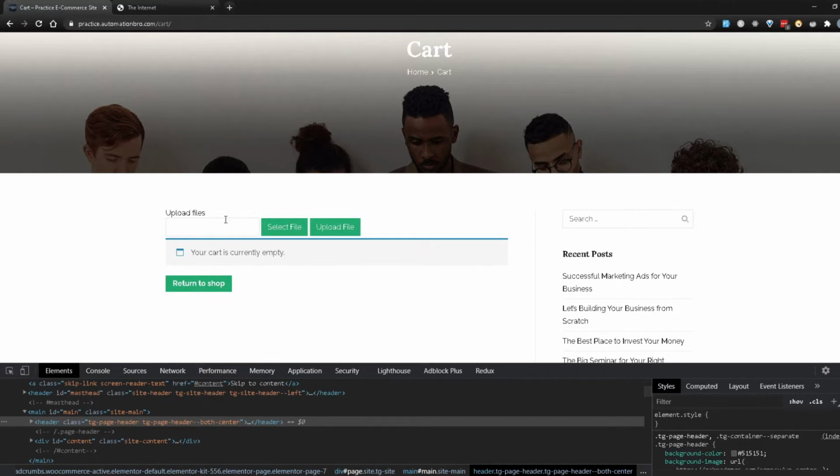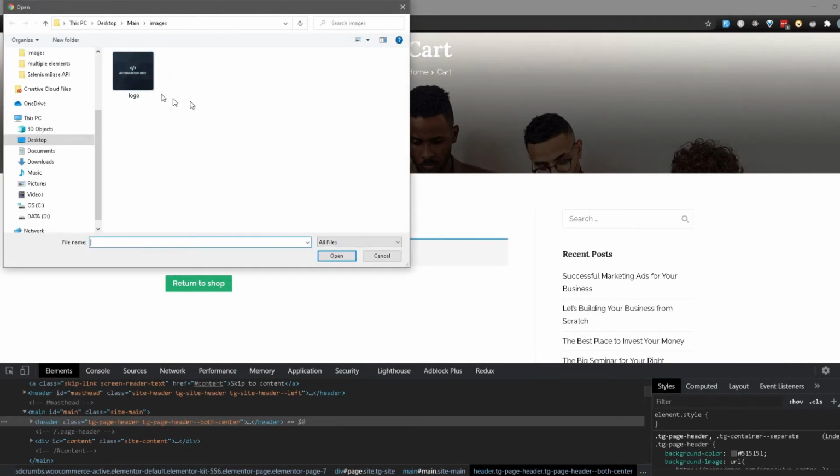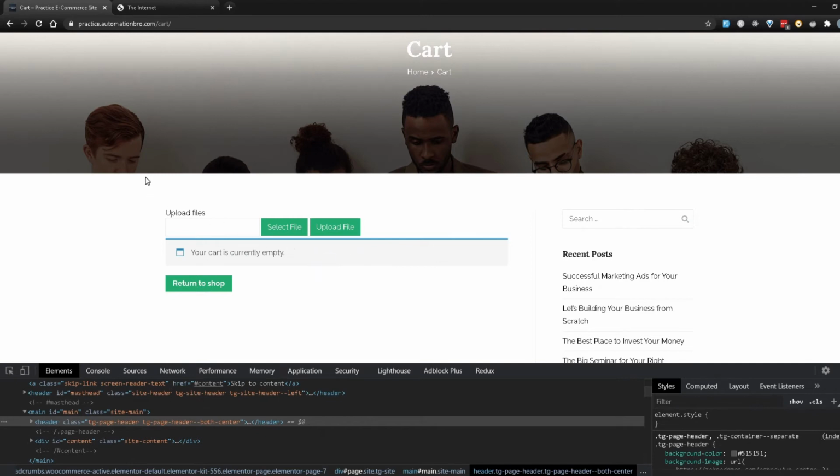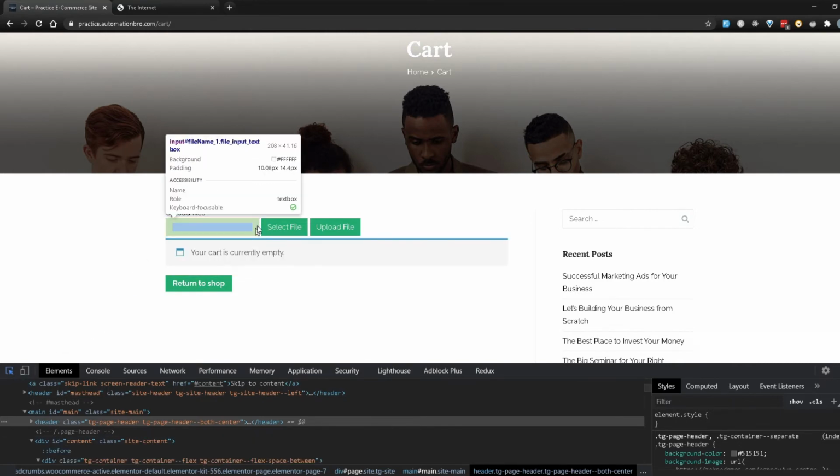So the workflow over here compared to the one that we were looking at is I have to click on the select file button, right? The moment I click on select file, it triggers this new screen where I can actually upload the file. If we just follow the same example that we did in our previous example, we first find the element, right? So let's do that. I'm going to find the element here.